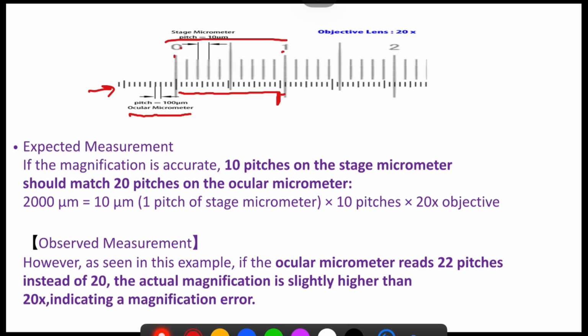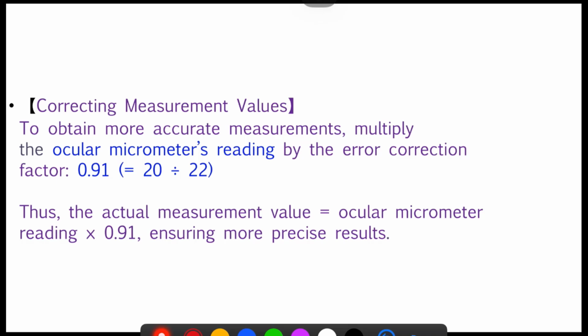Instead of 20, you get the 22 measurement. So we have to correct this measurement value. It is actually 20 but we are getting 22, so its correction factor is 0.91. Whenever we get an actual measurement value, we have to multiply the ocular micrometer reading by 0.91